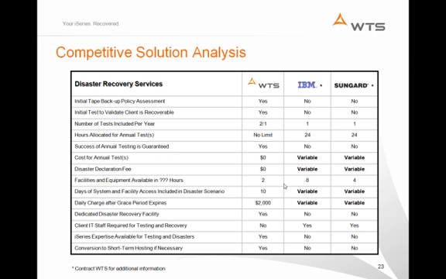You can notice as you go through this chart the differences between WTS and other third-party providers. We're going to guarantee your facilities and equipment availability within 2 hours of a disaster declaration, and we're actually going to perform that recovery for your team. There is no reason for your staff to travel to our site in the event of a disaster. If you needed long-term support, WTS does have hosting solutions available beyond the actual disaster need.